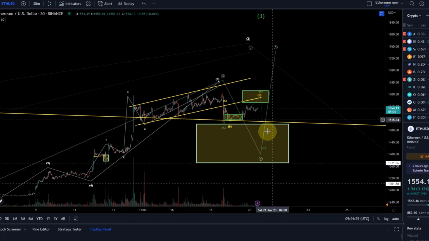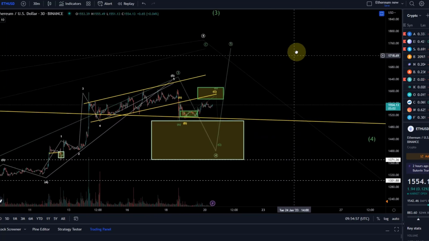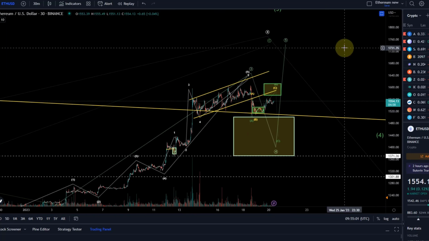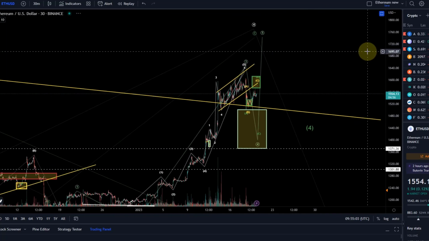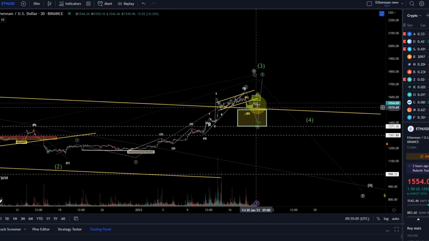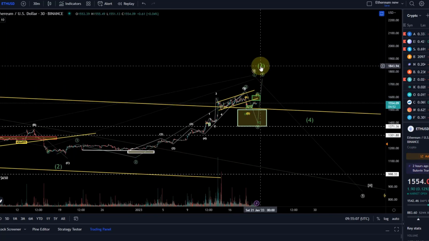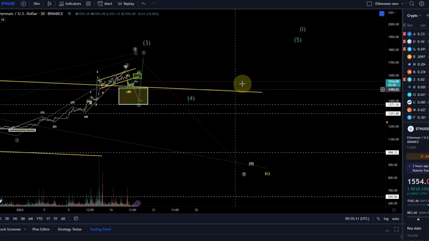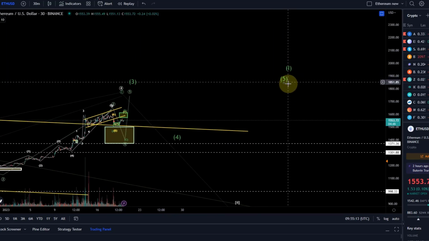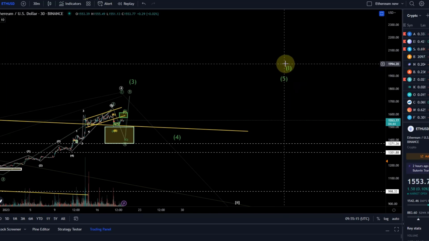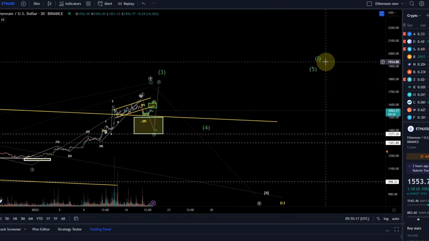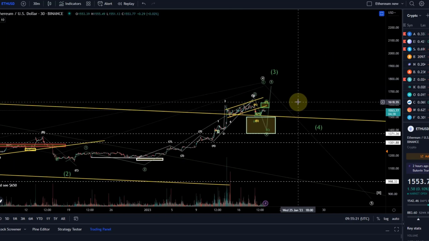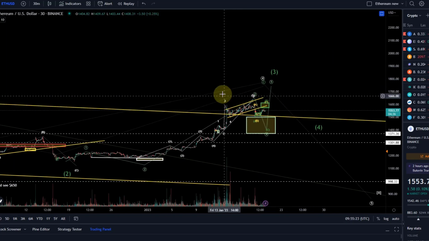It could just go up from here and not stop until we get to around $2,500 or $3,000. That's of course possible as well. For example, if we do go up here in this fifth wave, and this is a higher degree wave 3, which is a possibility, then we could come down in 4 and rally higher in wave 5. It might not go to 3K in this wave, but it might reach the 2K level or so. We'll see. I will definitely keep you updated about all the developments here on the Ethereum chart.